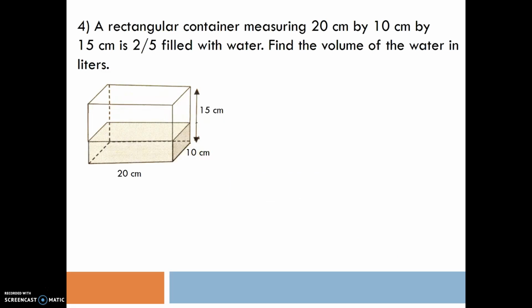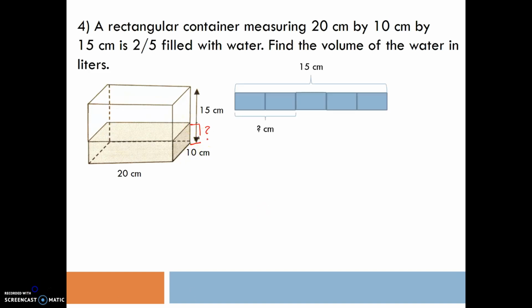We have a rectangular container measuring 20 centimeters by 10 centimeters by 15, and it's 2/5 filled with water. Find the volume of the water in liters. Now, this is very much like our last problem, where we're going to use a unitary method again to figure out the volume of the water that's only partially filling up the tank. So if this rectangular container is 15 centimeters total, and it's 2/5 filled with water, let's go ahead and find the height right here